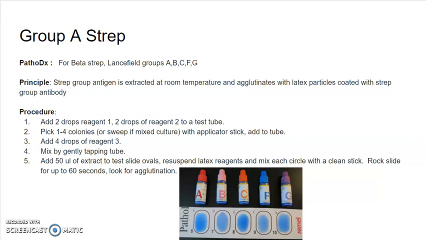And if another well were agglutinating, that would actually mean an inconclusive result, because if agglutination occurs with more than one latex reagent, the problem can be three things. It could be that you didn't take a sample from a pure colony, you had a weak reaction due to a non-specific reaction, or more than one group antigen was present in the colony.